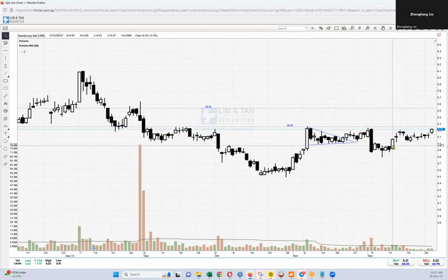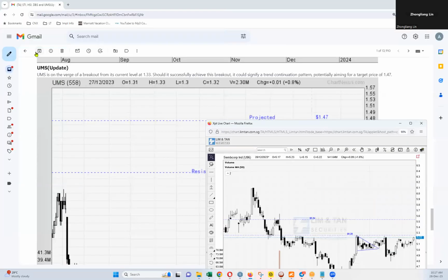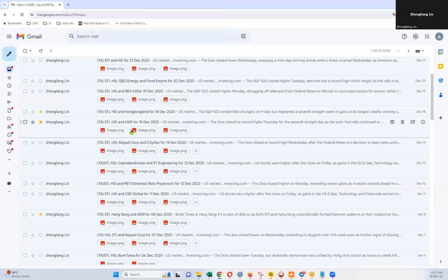If you have taken this hammer pattern and traded back into Sembcorp Industries, now you will be making back your losses, especially those who have cut loss over here. And if those are still holding, ignoring this sell-off, congrats to you. There is a chance for Sembcorp Industries to break up above 526 and go beyond. Then we have the next counter that I want to share, which is